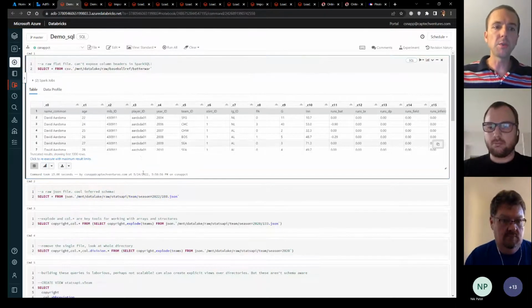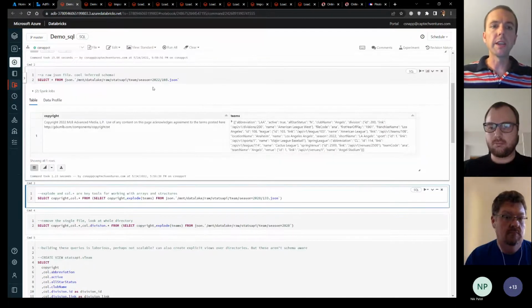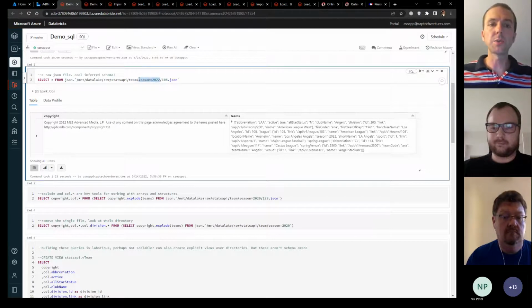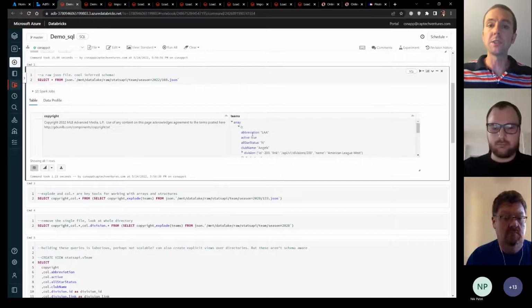If we switch back over to SQL, I'm going to go look at a JSON file. So this is, again, going straight to my raw zone of my lake and looking in the Stats API folder. I've stored a data set called team. I've partitioned that folder by season. So season equals 2022. And I'm looking at file 108, just a random one of them. This is for the Los Angeles Angels of Anaheim. They have one JSON file per team in the teams folder. You can see Databricks actually exposes this structure as an array of one element, and then you can click on that and you can see the attributes of your JSON and the key value pairs.